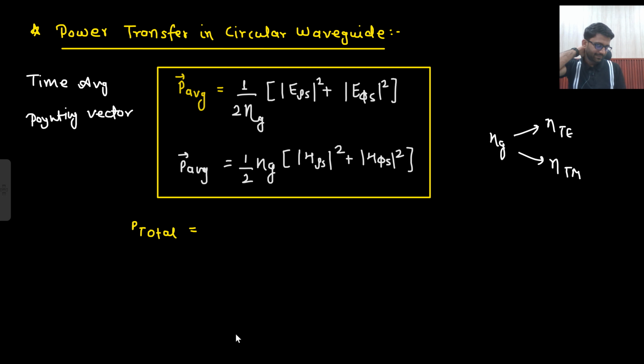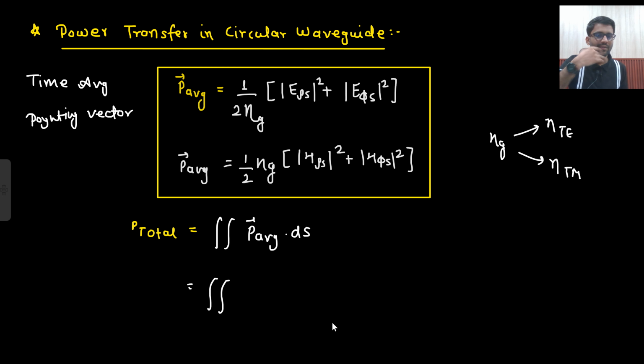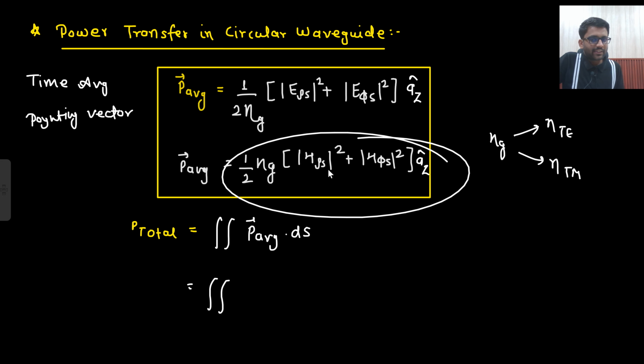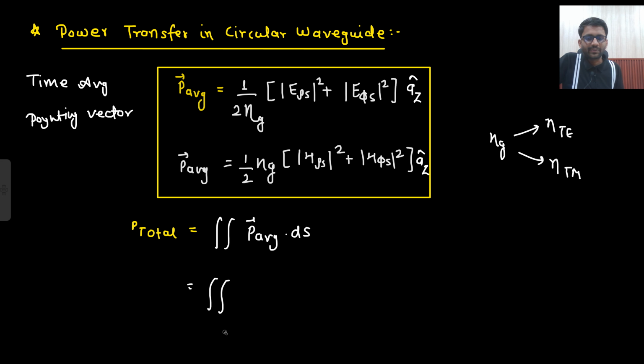What about the total power? What will be the total power? Total power will always be the integration of P average into ds. So here what will be our ds, if you remember? And yes, I forgot to tell the direction a_z, because the wave is propagating in Z direction, so it will be carrying the power in Z direction. Now P average I am writing with respect to E expression. With respect to H expression also you can write it, but I am writing with respect to E expression. So what is your P average? The integration of P average is 1 by 2 eta g